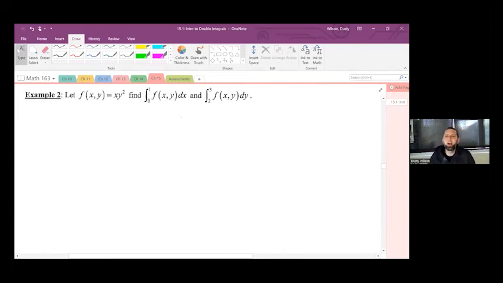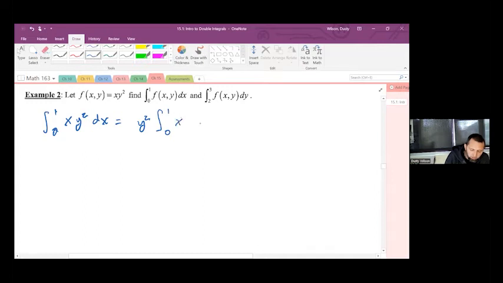Example 2. Let f of x,y equal xy squared. Find the integral from 0 to 1 of f of x,y dx and the integral from 2 to 3 of f of x,y dy. So first, let's look at the integral from 0 to 1 of xy squared dx. In this case, we have constants in our limits of integration, and we are integrating with respect to x, so we can treat our y squared as a constant. You could think about taking that y squared out of the integral